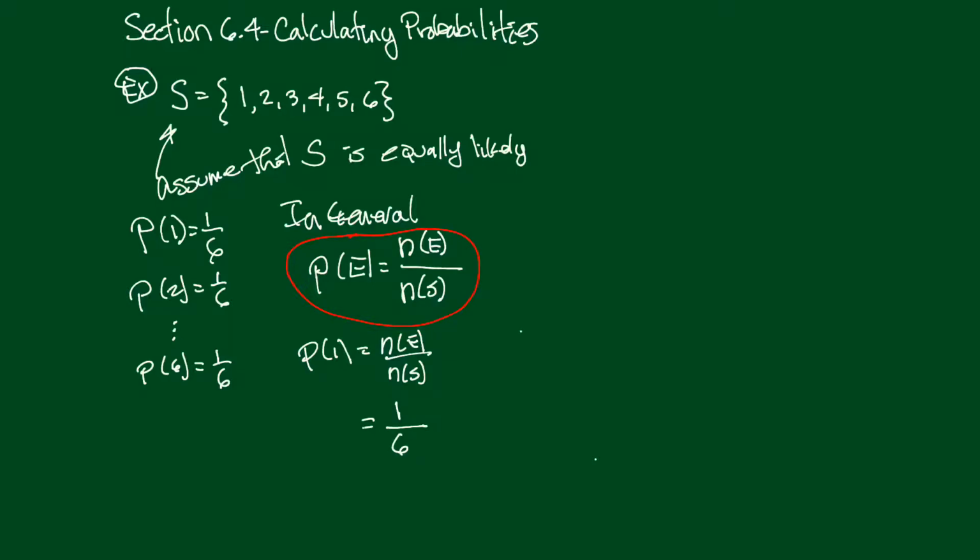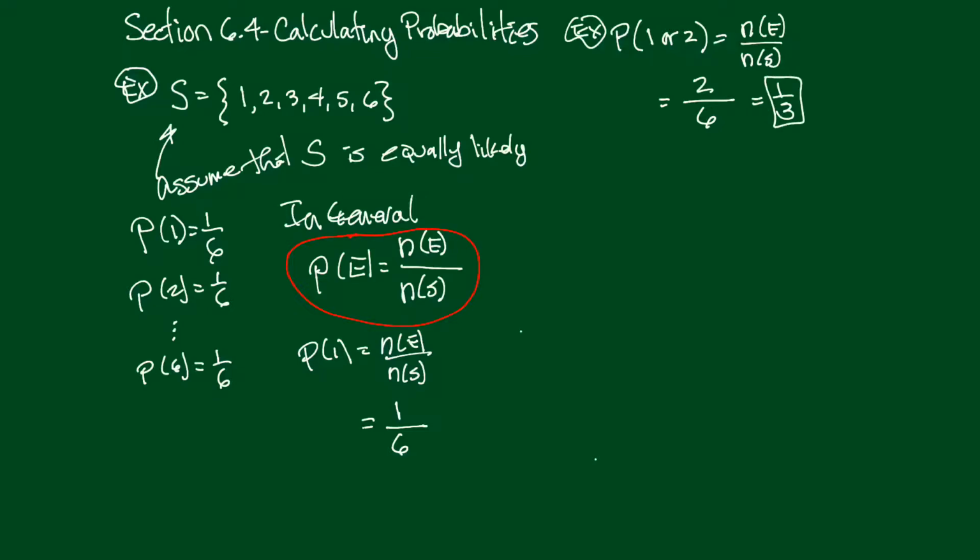Another example might be this one here, same sample space. What's the probability of getting a 1 or a 2? Right, so we're going to reach in and grab one of these numbers, just select one of them. What's the probability that it's a 1 or a 2? Well, because it's an equally likely sample space, this is going to be the number of elements in the event divided by the number of elements in the sample space. Now there are 2 elements in the event, a 1 and a 2, but there are 6 elements in the sample space, so all in all, the probability here